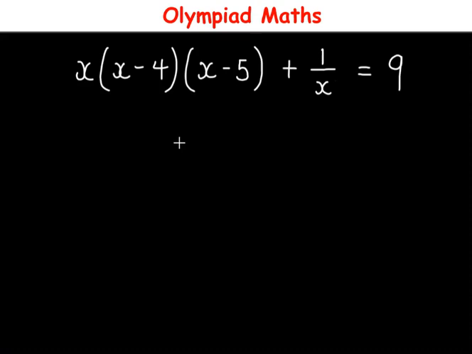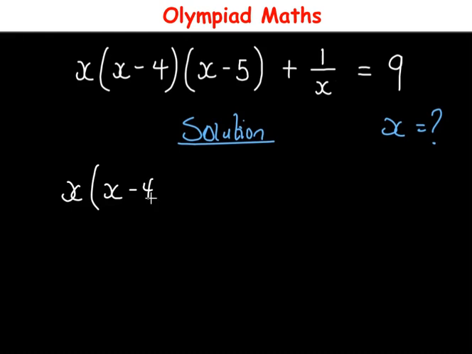Hello everyone, in this video let us solve this question. We have x(x - 4)(x - 5) + 1/x = 9, and we want to solve for the value of x. Okay, to solve this, solution. So the question is x(x - 4)(x - 5) + 1/x